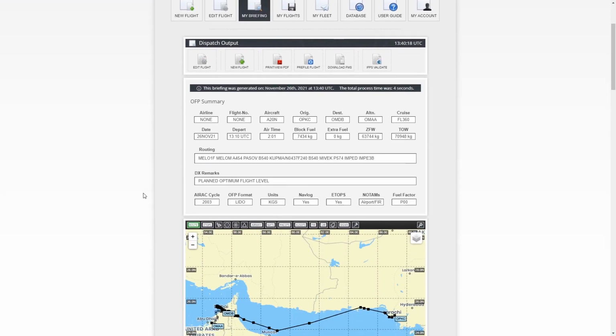Here you go. So now the flight plan is up, and the fuel is 7,434 kilograms, and the cruise altitude is set to flight level 360, which is 36,000 feet. 26th November. That's it. These are the basics that you need to know. Now let's go back